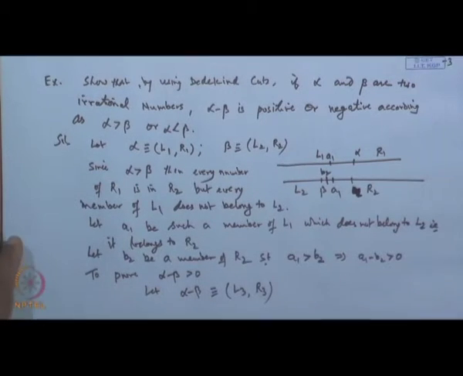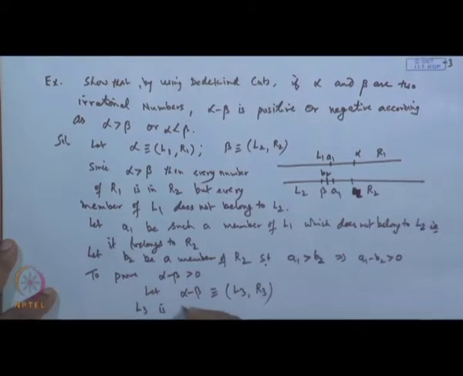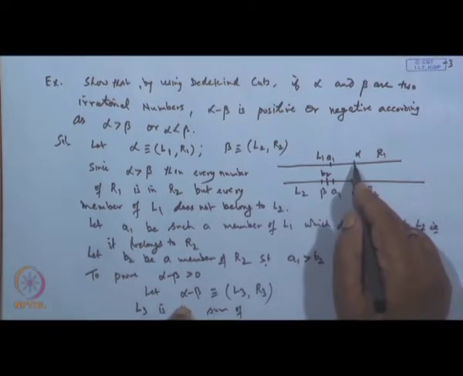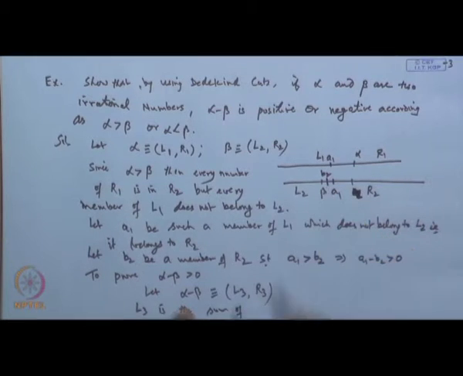So, alpha minus beta is given by the L 3. Now, L 3 is the sum of what? Alpha minus beta. Alpha is in where? This is alpha, is it not? And beta is here. Now, this A 1 minus B 2 is positive. So, L 3 we can say can be like this, that L 3 is the sum of